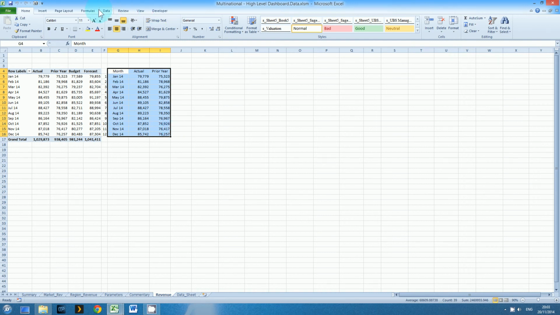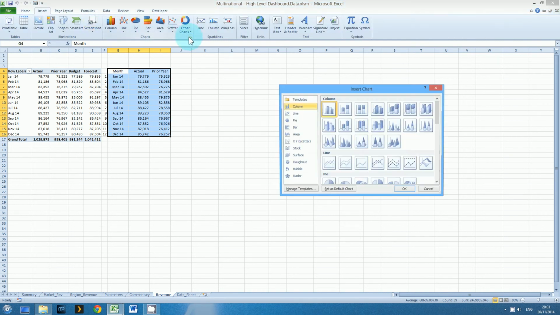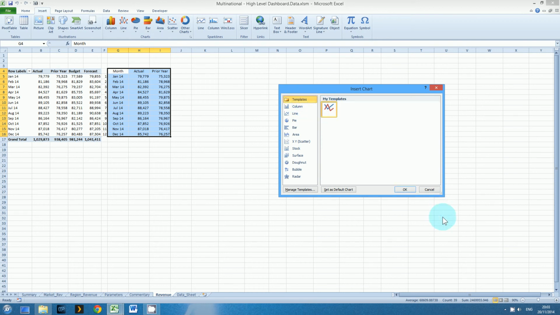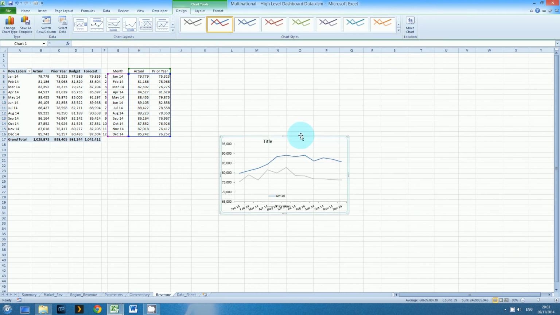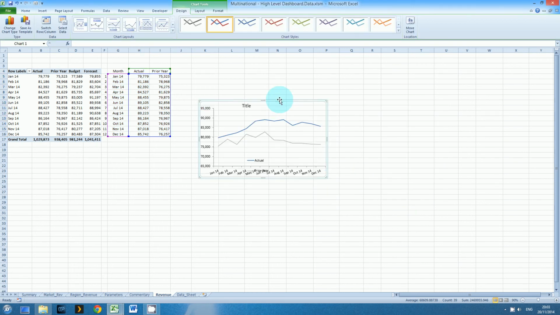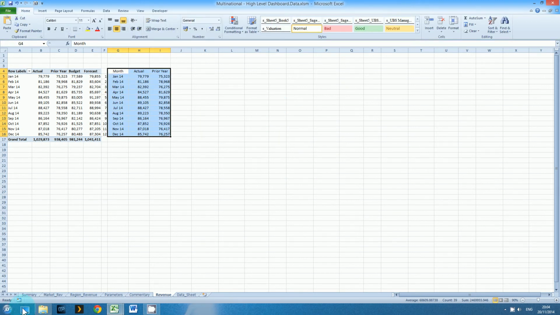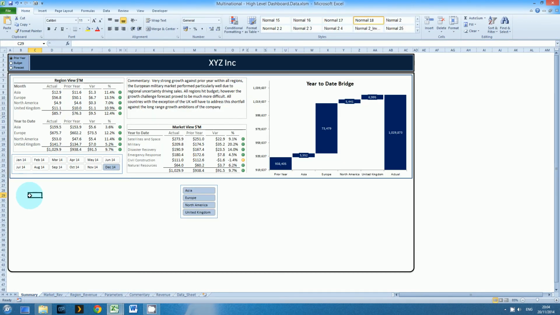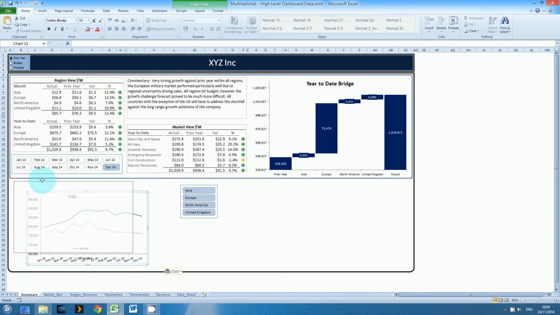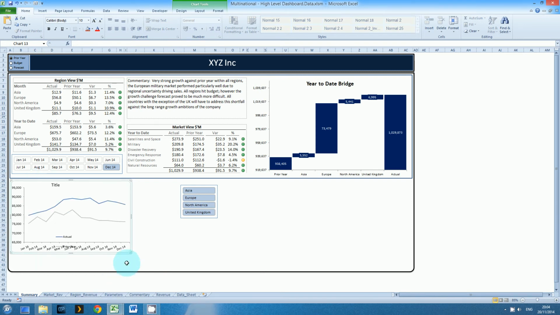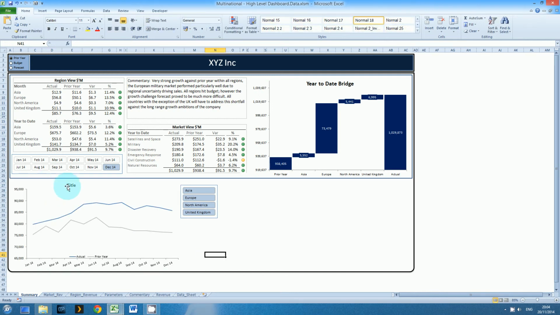and now we'll just insert the graph. So insert, let's just insert a line graph. There we are. I've saved that one as a template just to make it easy to reuse. Cut that, paste it there, and stretch it out, give it a title,